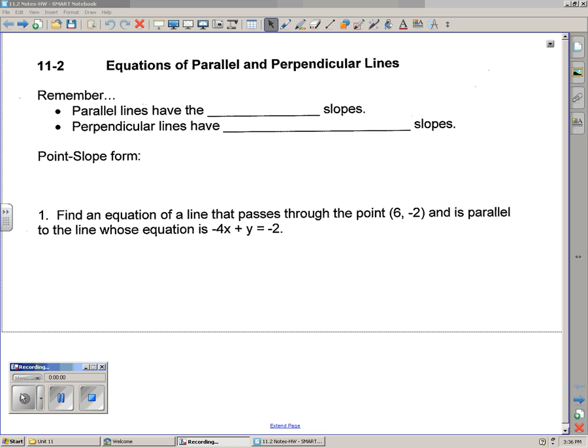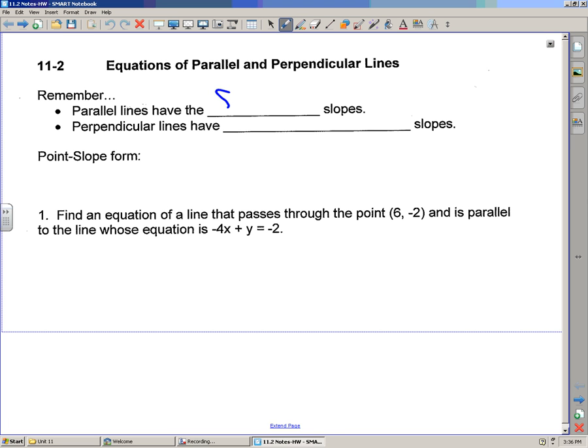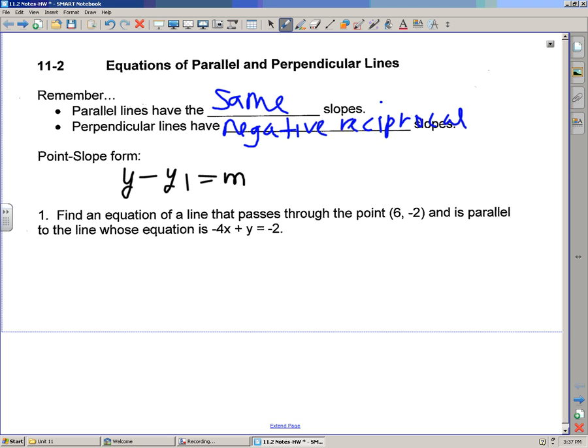Back. Here we go. Equations of parallel and perpendicular lines. Parallel lines have the same slopes. Perpendicular lines have negative reciprocal slopes. In terms of point slope form, something from last year, the point slope form is y minus y1 equals m,